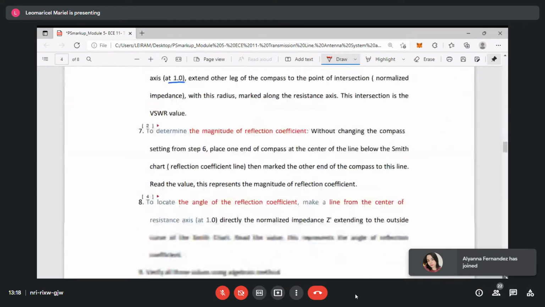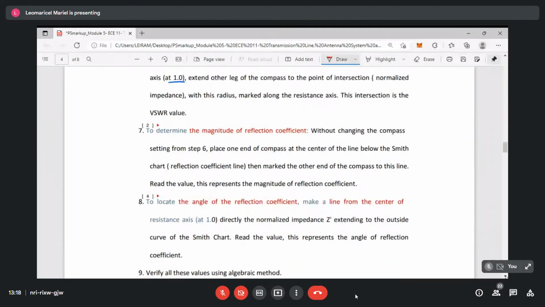Okay. So one line extend the compass to the intersection of normalized impedances with the radius marked along the resistance axis. This intersection is the VSWR value. Ngayon, without changing the compass setting, kukunin mo na ngayon yung value niya. Okay. Paano? So, pagka nakuha mo na, saan kukunin yon? Okay. So, una natin makukuha ay